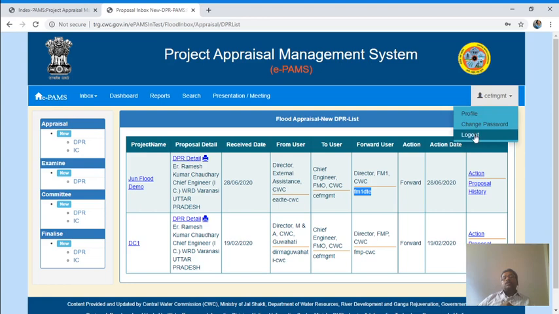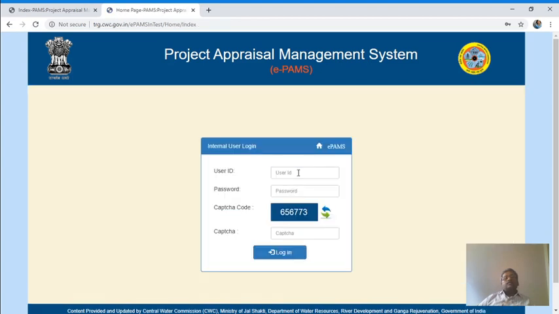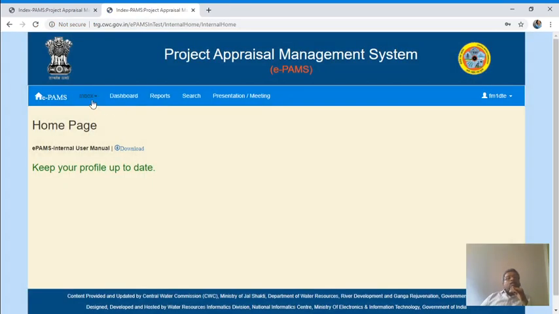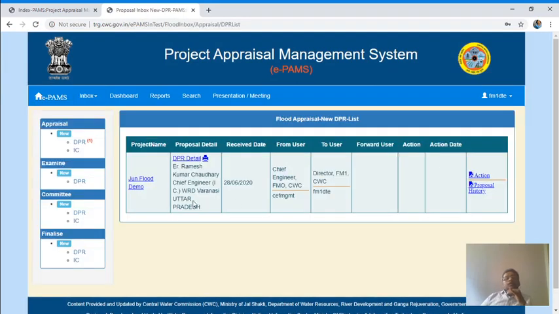Just log in. Go to inbox and come to flood control. Now you can see there is a proposal here. Now this officer can take action.